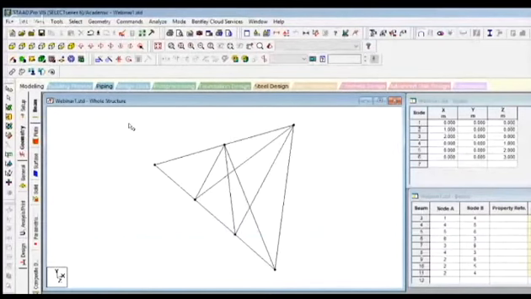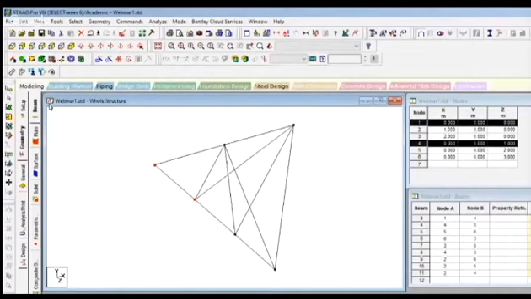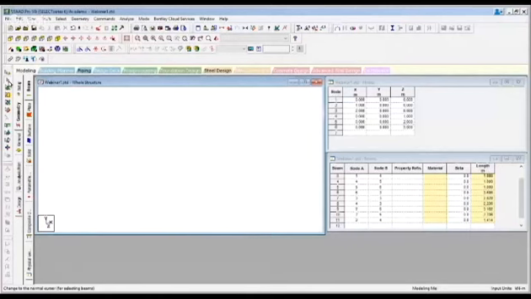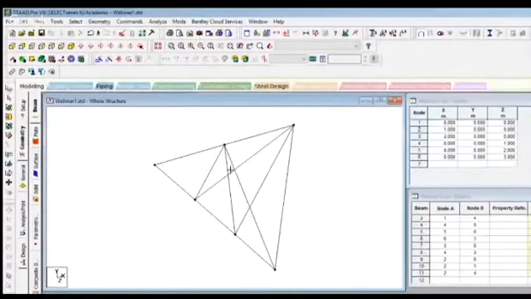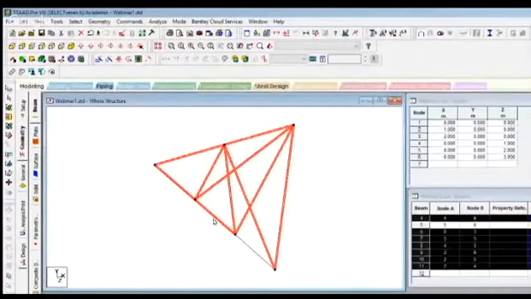By selecting the node cursor, if you select an object, only nodes will get selected, no member will be selected. And vice versa, if you select the beam cursor, which is just below the node cursor, only beams will be selected, no node will be selected. And as you select the beams, those beams will also be selected in the beam table.